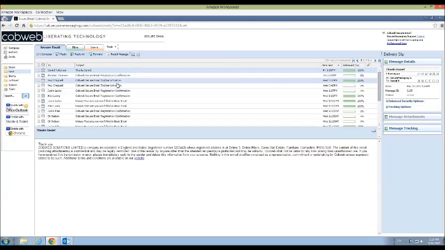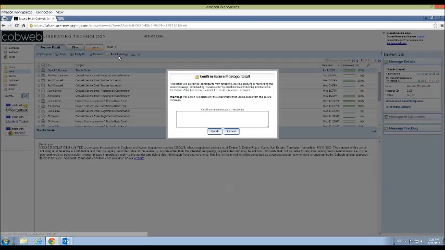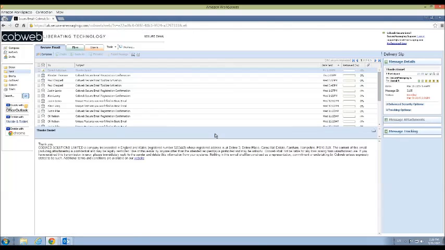If we sent this message in error, we can certainly recall instantly this message. We can revoke access to this particular message. We can add an optional note here explaining why we're retracting this message, or we can simply click recall. All recipients will immediately lose access to this content. I know based on the delivery slip if my recipients have read this message, but now I know that they no longer have access to this message or the ability to download the file attachment.